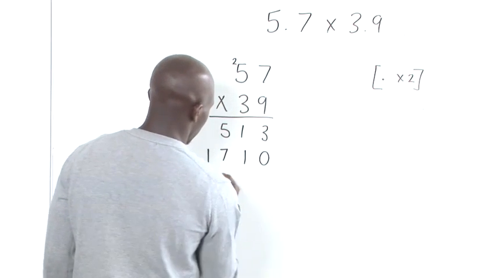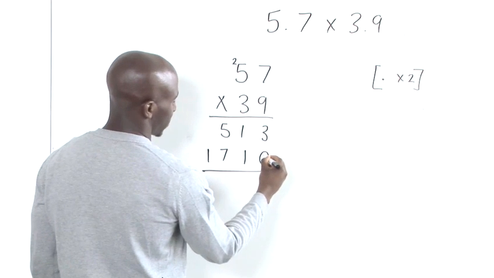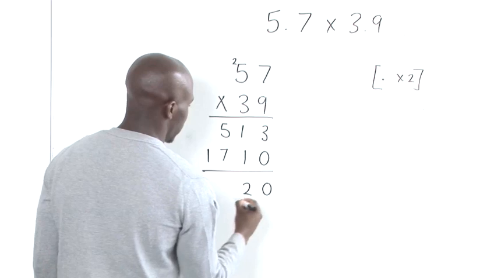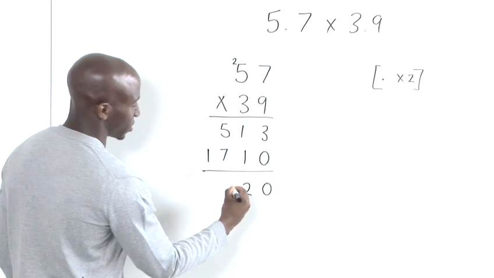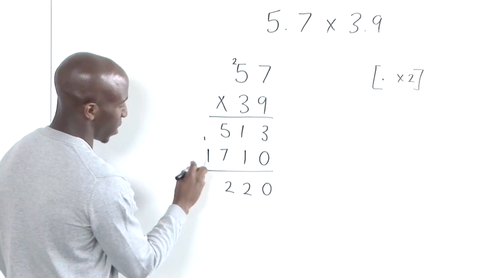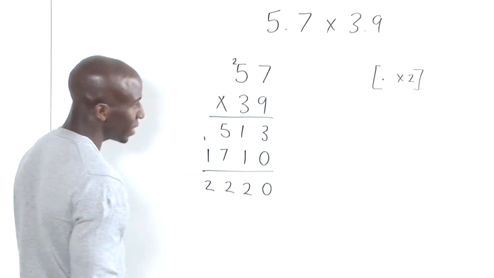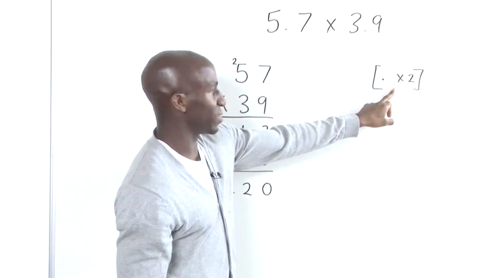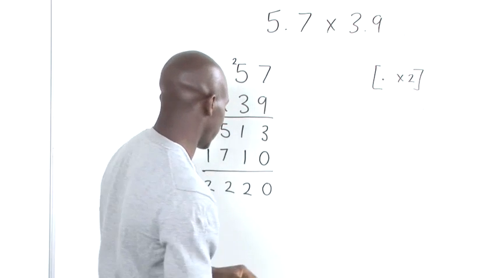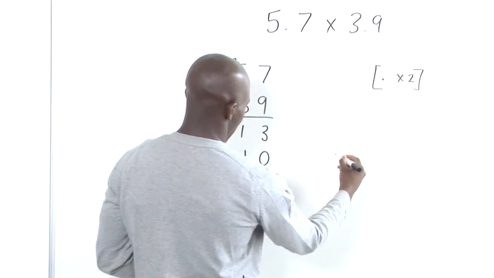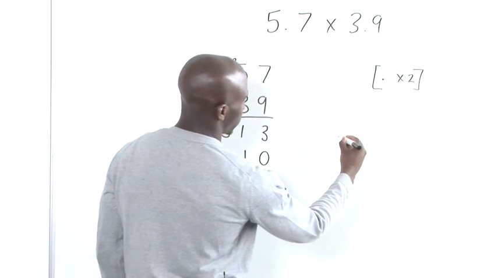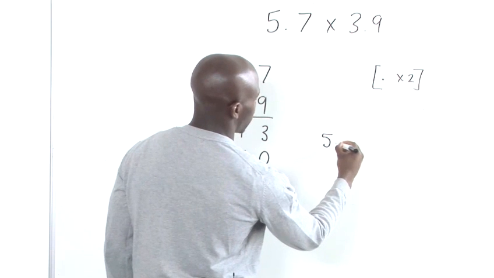Okay, so we have 3 plus 0, which is 3. 1 plus 1, which is 2. 5 plus 7, which is 12. And we carry the 1. And 1 plus 1, which is 2 again. Now remember, this is the marker that tells us that we need to bring the decimal point forwards twice, okay? So we have 2,223. So what we need to do is say 5.7